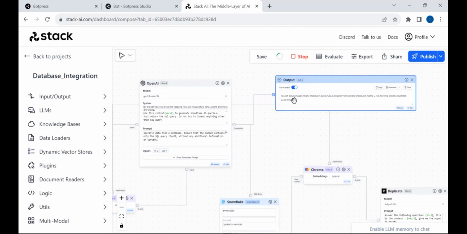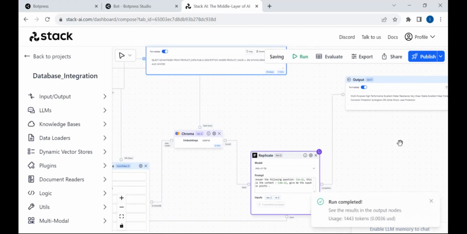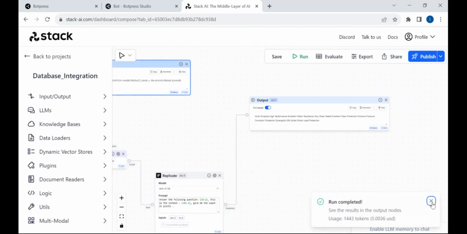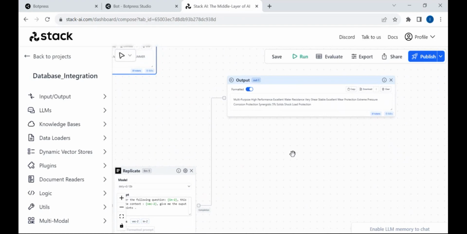On the fly, the SQL query was generated, and then this data is passed here, and you can see that we have got the results on the fly. This is how well the SQL queries are generated, and Dolly is able to summarize the output. Since I have already checked the results, the advantages are properly set.